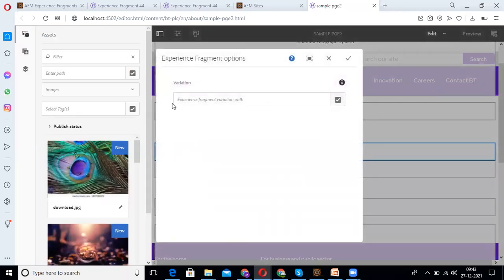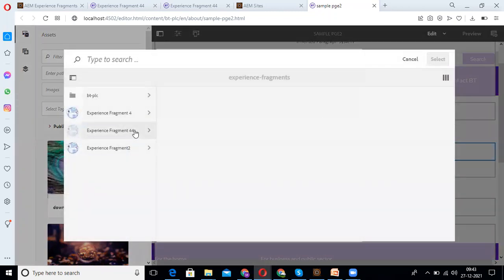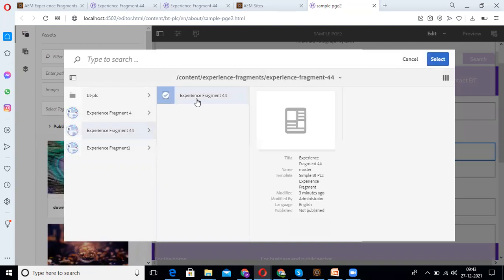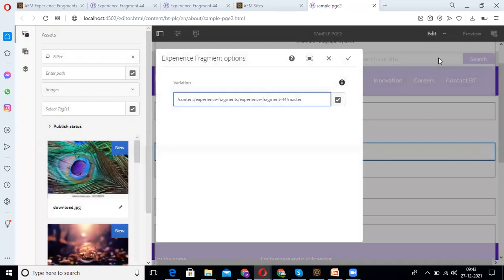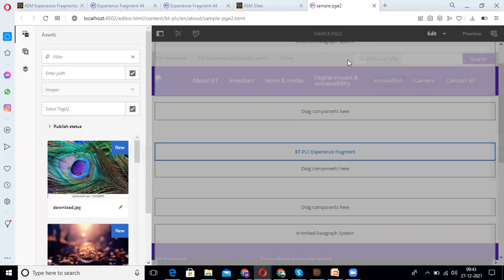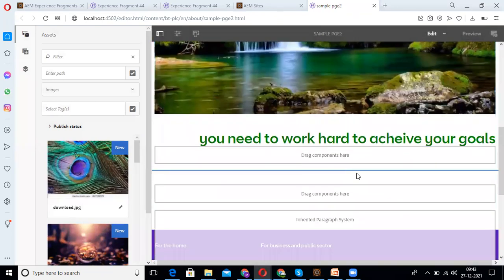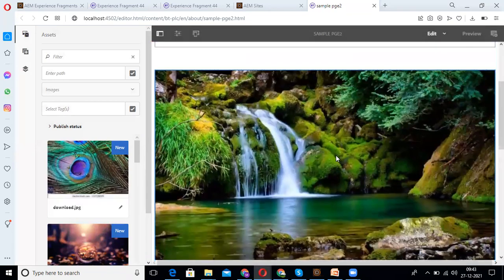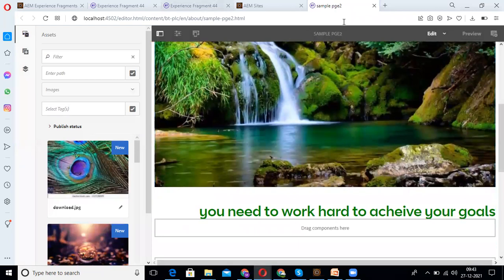See, we need to give the experience fragment path. I'm clicking on it. See, I've successfully given the path. And automatically our previous content which we prepared is embedded here.